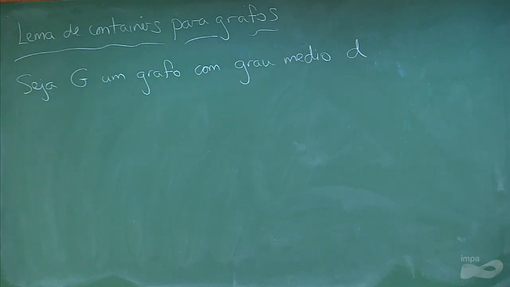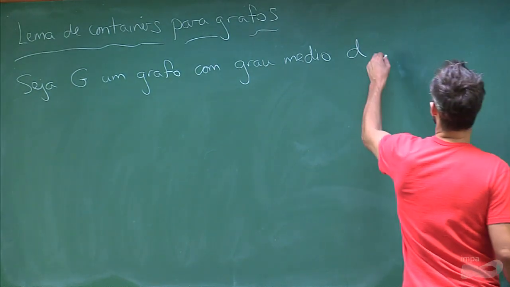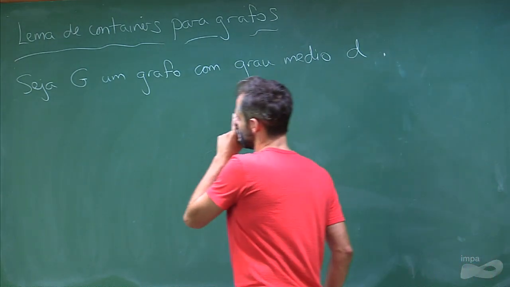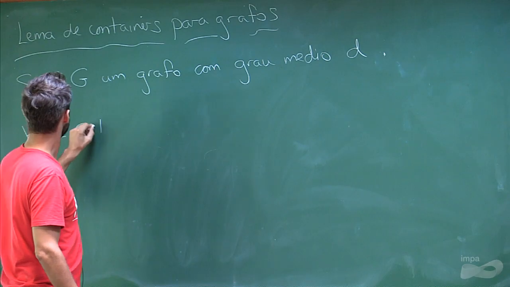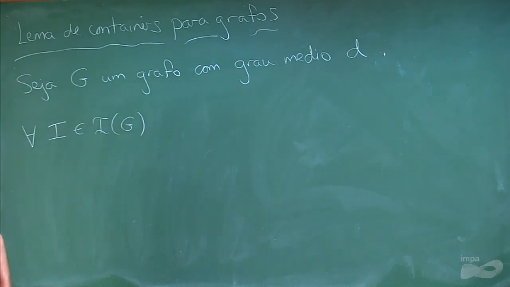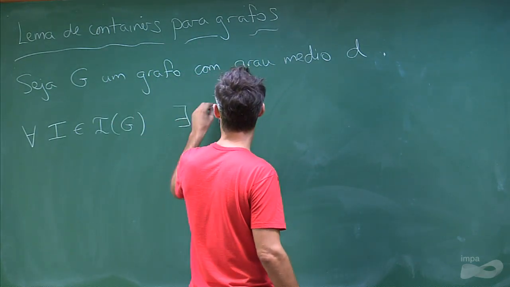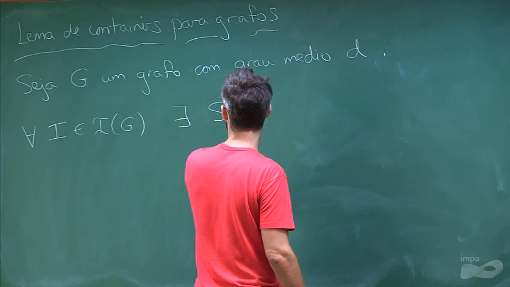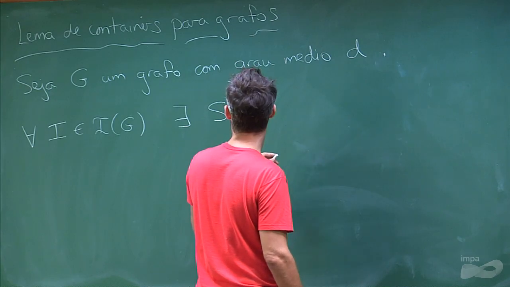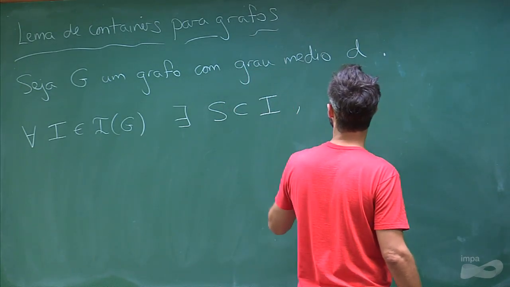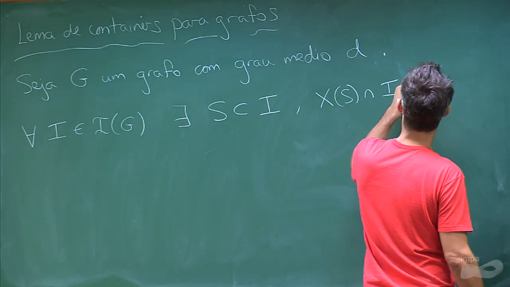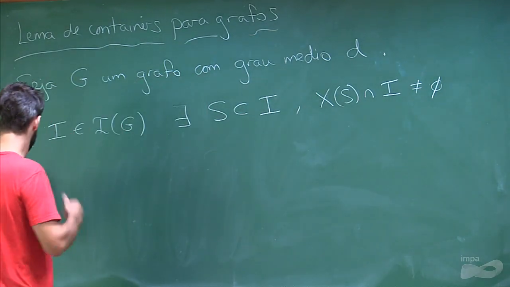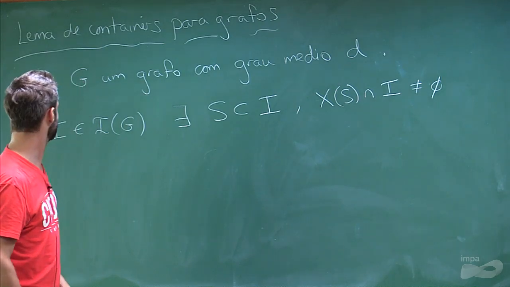So let's suppose we have a graph G, which has our H, which has average degree D. So for all independent sets I in G, there exists an S contained in I and an X of S disjoint from I, depending only on S, such that